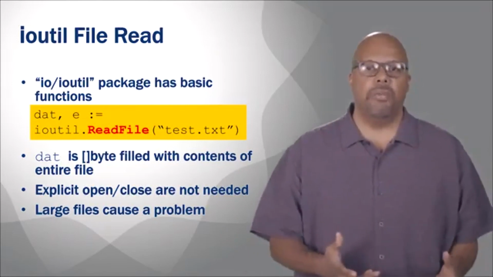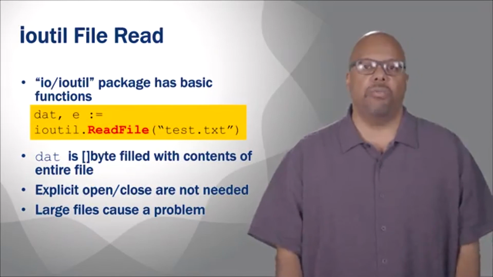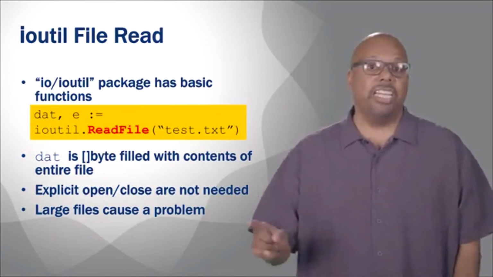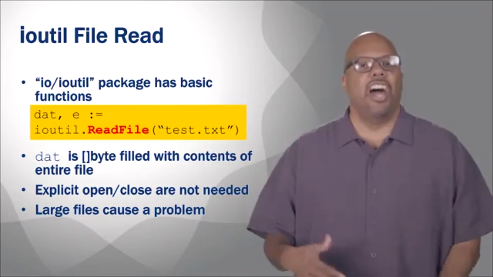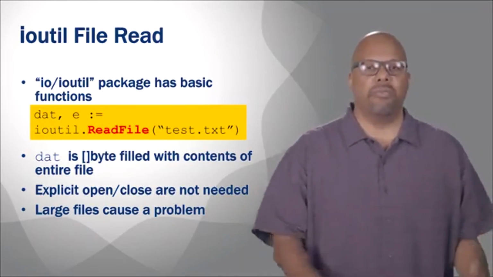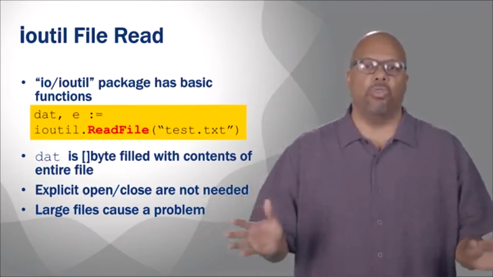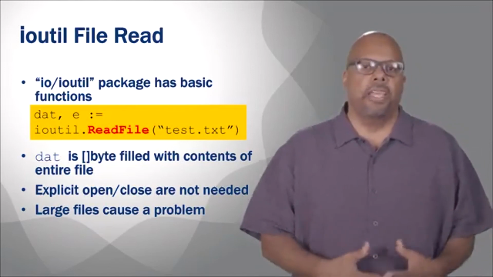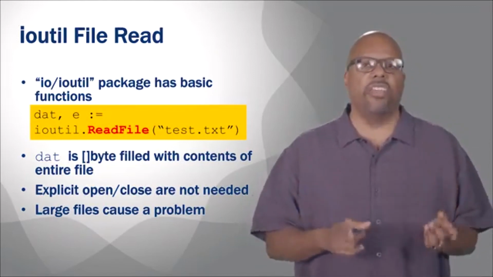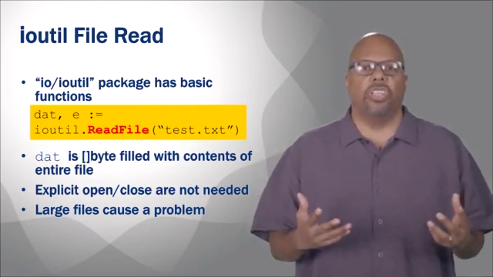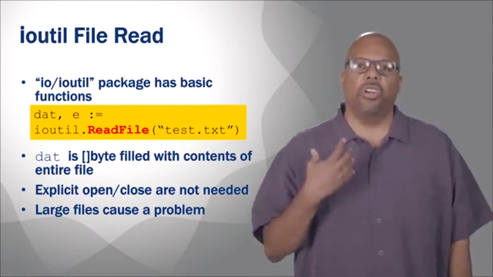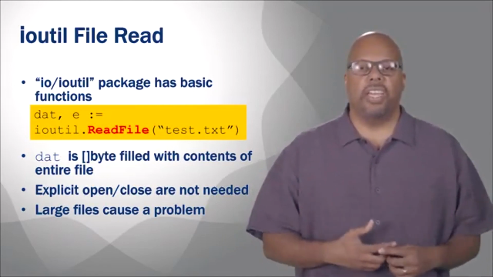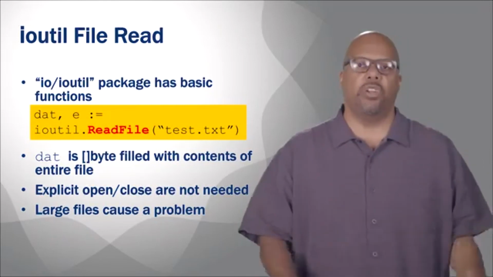Now main memory is much more limited. So on my disk, I might have a couple of terabytes, but my RAM, I might only have 8 gigabytes. So I could have an 8 gigabyte file on my disk that I try to read into main memory. If I read that whole file, I'm using up my whole RAM and my machine will choke, okay? I can't run anything because I've used up all my memory. So when you have large files, you can't use read file. But if your files are small enough that they don't hog all the memory, then read file is fine. You can just read the whole thing in at once.